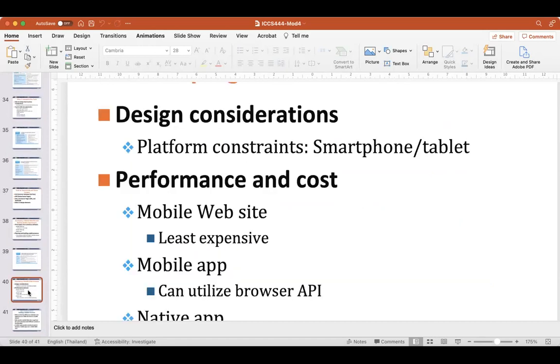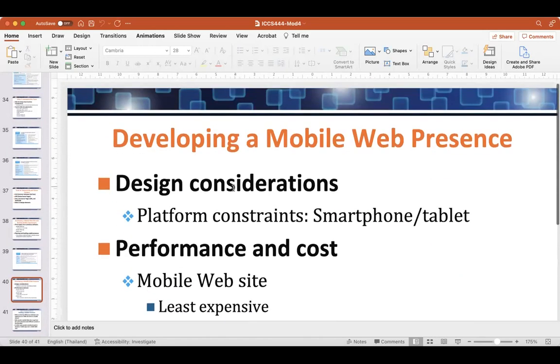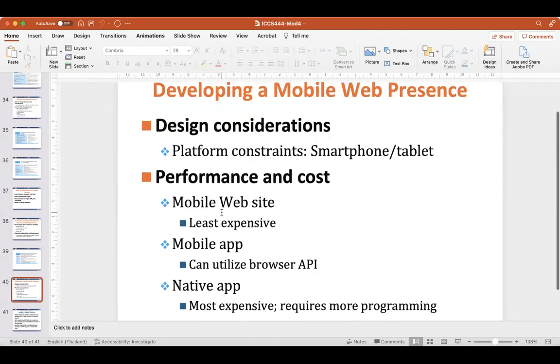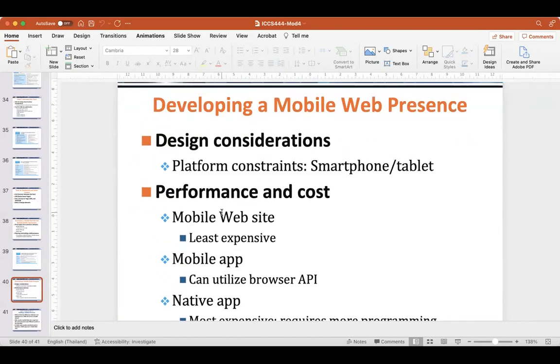Okay, next. In this one, in order to develop a mobile web presence, in terms of design consideration you have to